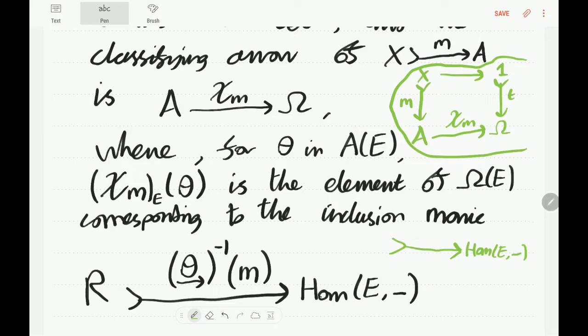And so when we do the E-th component of chi M on this theta, that's obviously going to give us an element of omega of E. And so, in other words, we can think of chi M of E of theta as a sub-object of Hom(E, -). And how do we get this sub-object? Well, all we do, we take our theta,